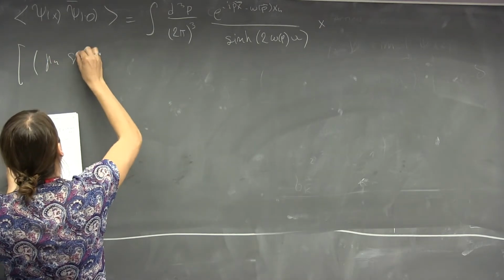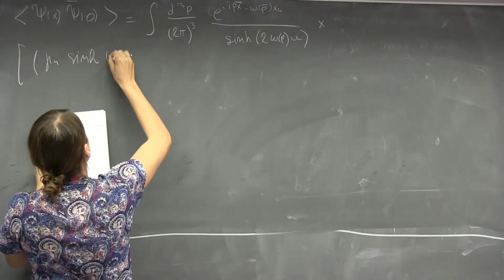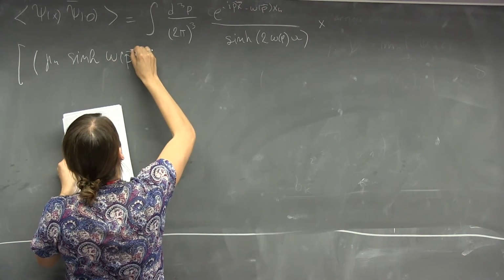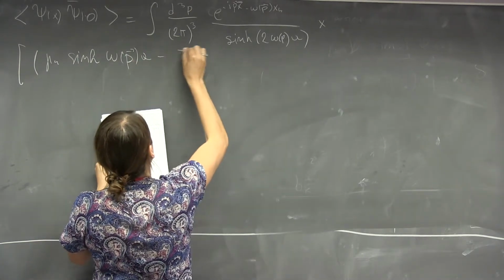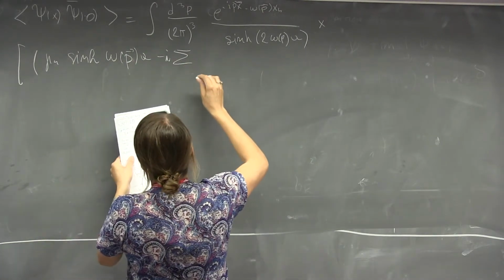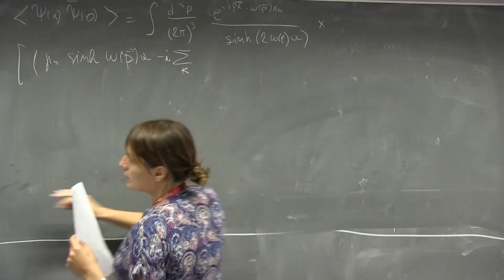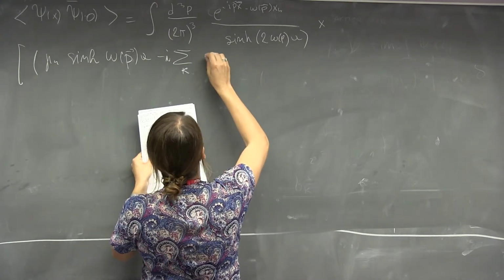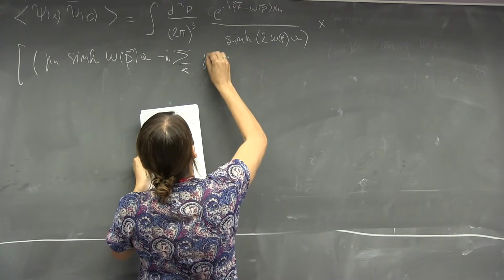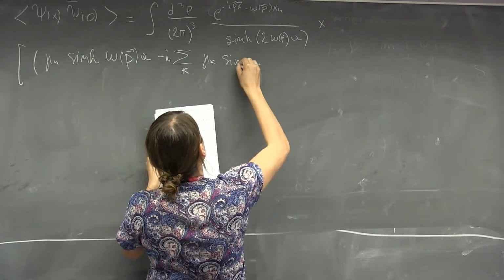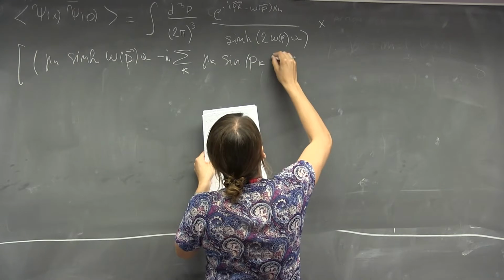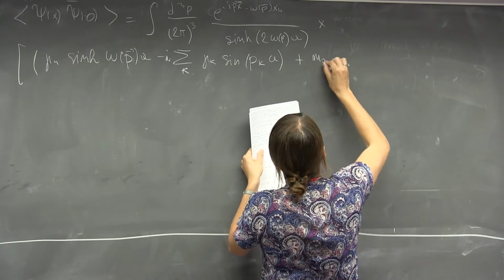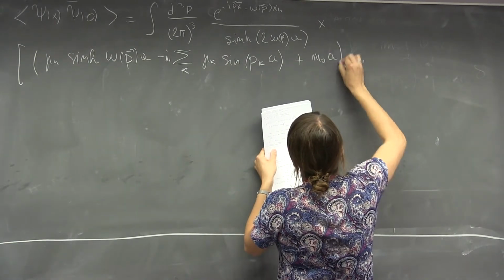Gamma 4 sinh omega p a minus i times the sum over k, so a term like this, which we obtain after inverting the propagator, gamma k sin pk a plus m0 a